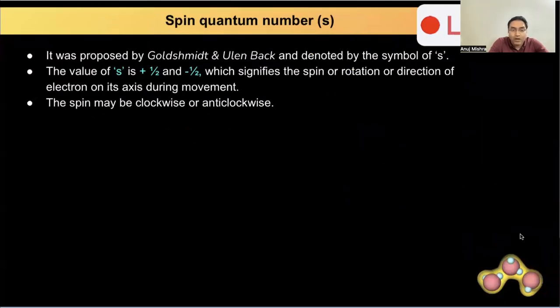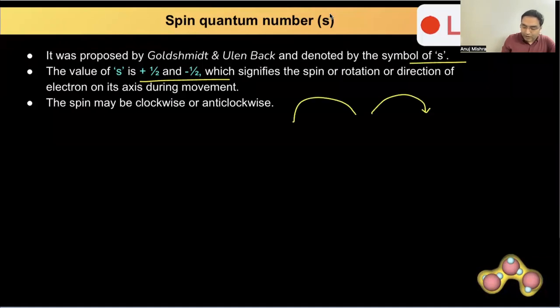Yeah, we have already discussed Bohr's model. Please refer to the last class also. It was proposed by Goldstein and Lendab. That's not very important. Again, denoted by symbol small s. That's very important. The value of small s can be plus half and minus half. These are two numbers possible, which signify the spin or rotation or direction of electron on its axis during the movement. So when I say plus half or minus half, it is basically two different directions of rotation, respectively